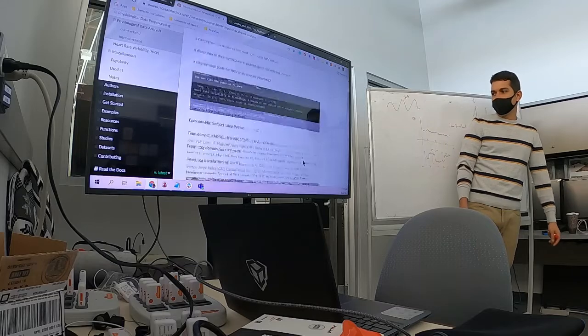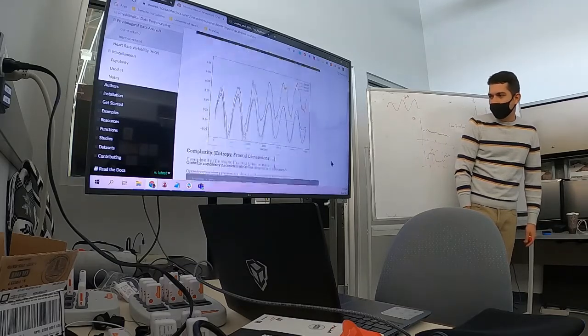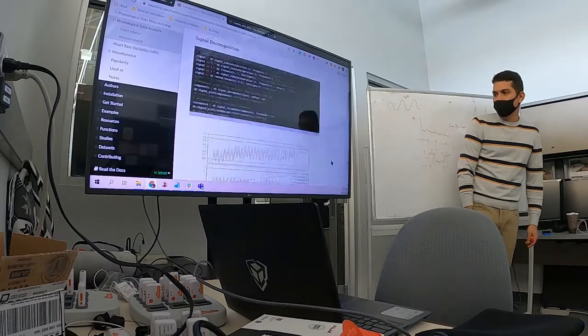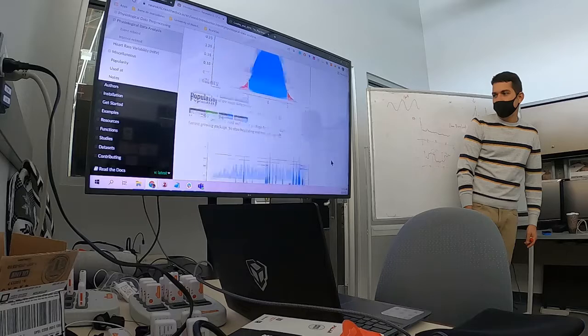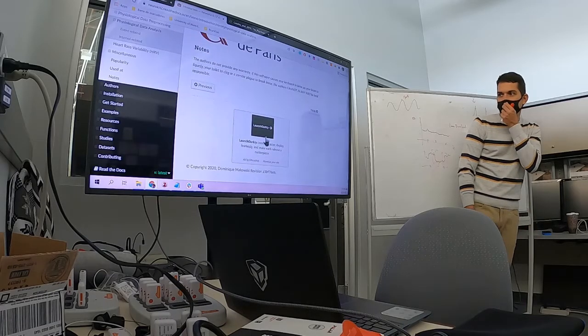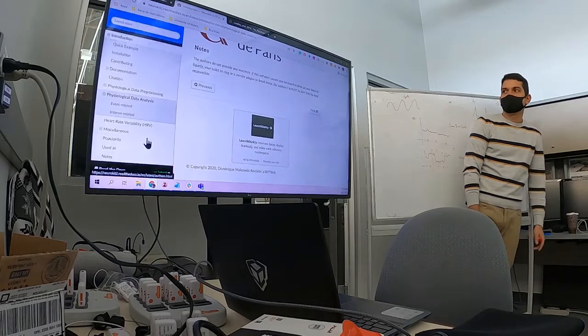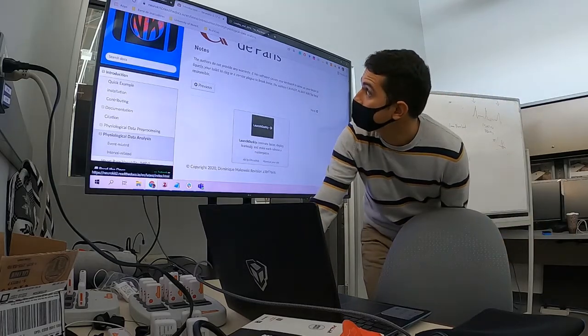So the toolbox is there. We haven't tried the PPG heart rate variability. I think at some point we had some troubles with some of the libraries when we were working with the students. But if you're planning to use that specific signal, this is definitely the toolbox that you need to first check